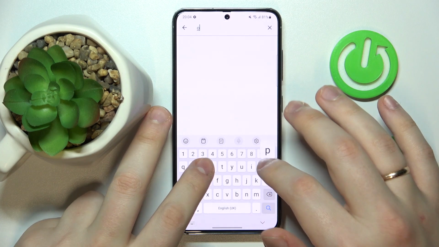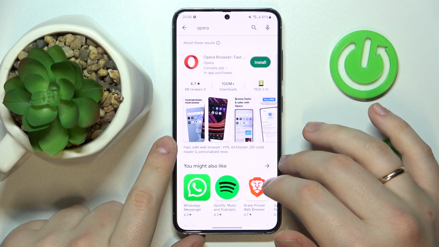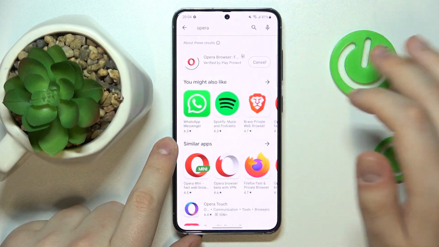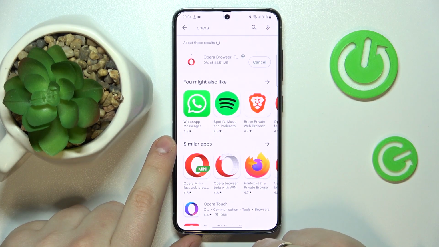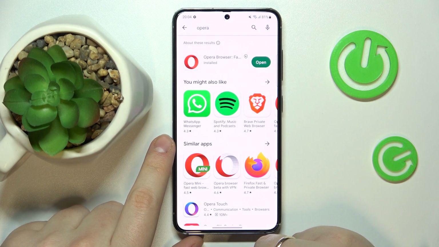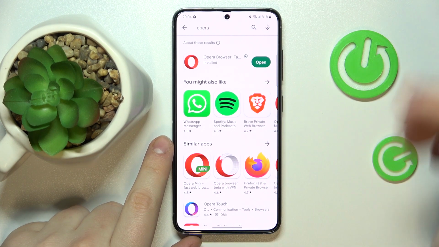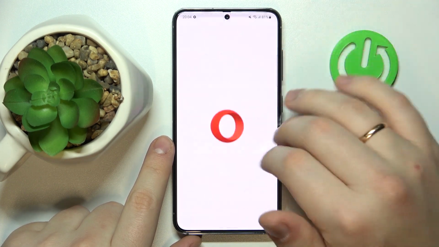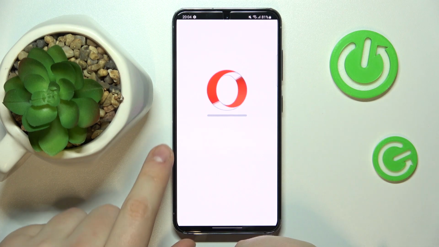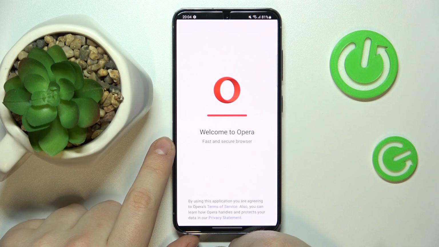Then at the search bar type in Opera query. Once the needed app is found, click at this green install button and wait for the Opera browser to get downloaded and installed respectively. Depending on the speed of your Wi-Fi connection, that shouldn't occupy a lot of time, as you can see. So from here, we can launch the app, as well as undergo a very simple yet essential